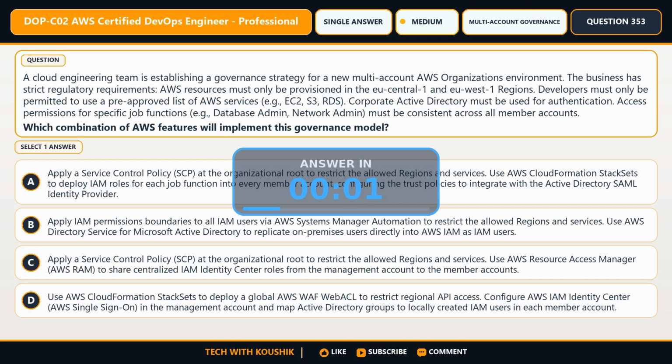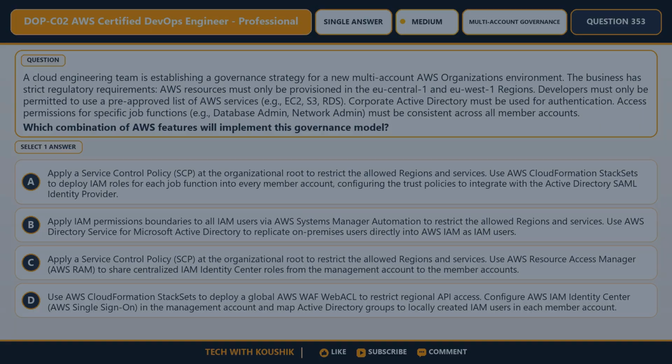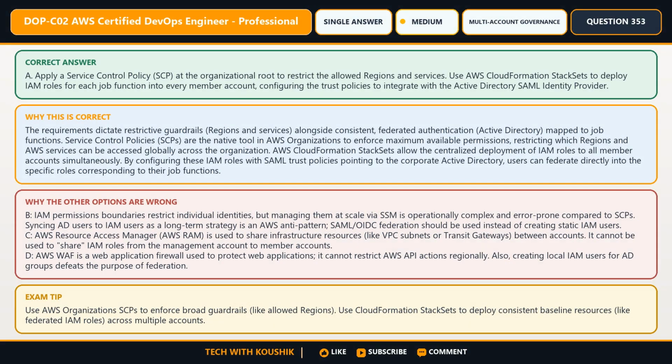Go with option A. Apply a service control policy, SCP, at the organizational root to restrict the allowed regions and services. Use AWS CloudFormation StackSets to deploy IAM roles for each job function into every member account, configuring the trust policies to integrate with the Active Directory SAML identity provider. The main reason is the requirements dictate restrictive guardrails, regions, and services alongside consistent, federated authentication, Active Directory, mapped to